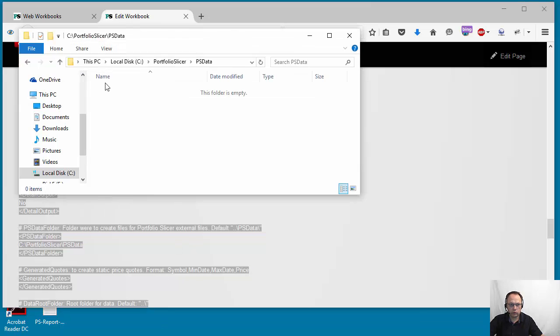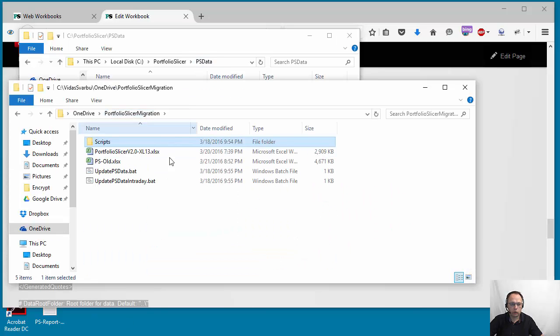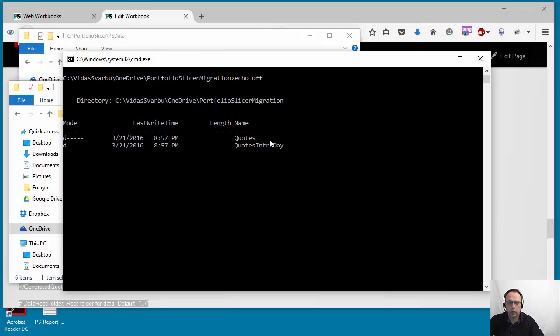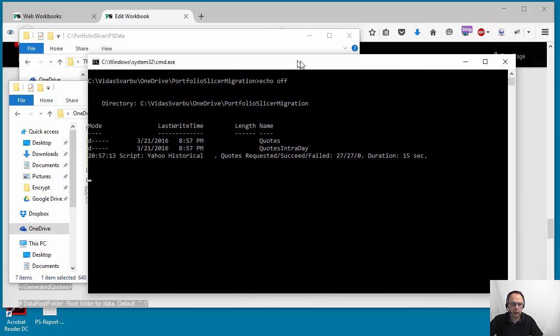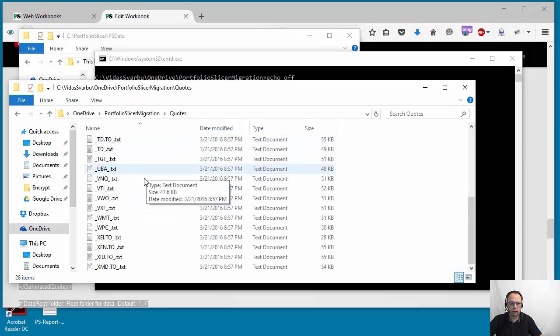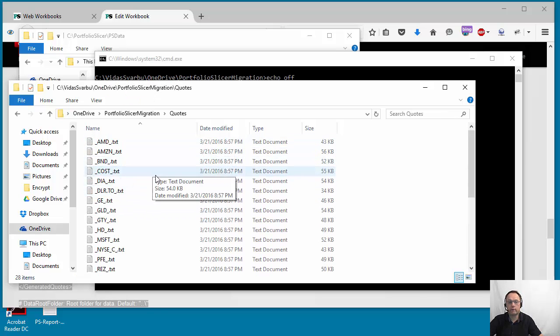And after you've done that, you confirm that your C Portfolio Slicer PS Data subfolder is empty, as it should be, and you go back and you simply run update PS Data. So this will start the batch job that will now extract all data about all your symbols. It will extract all your quotes. That's all it is. You just have to wait till it completes. It's going to take some time, probably a couple minutes here, and you will notice that the quotes start to appear here. So all the quotes are extracted, and now you have a local version of the quotes on your machine,